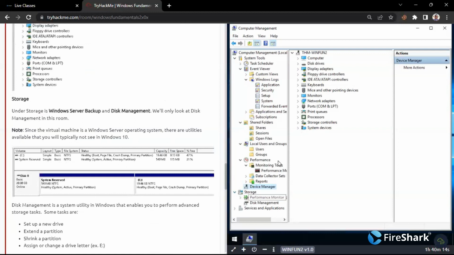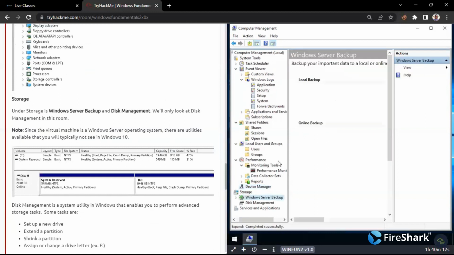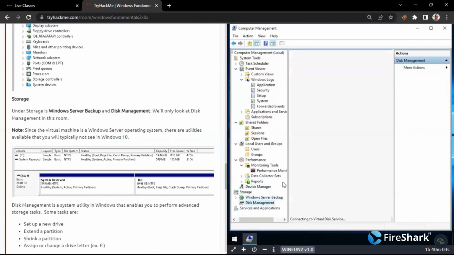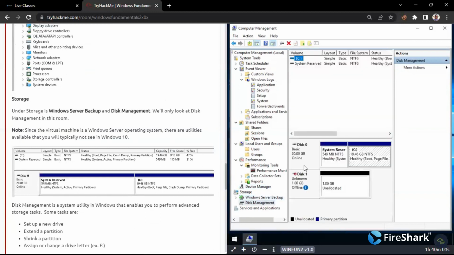Okay, here is Windows Server Backup. Here you can see there are two types of backup, local backup and online backup. So you can view what backups are going on within your device. And in the disk management,